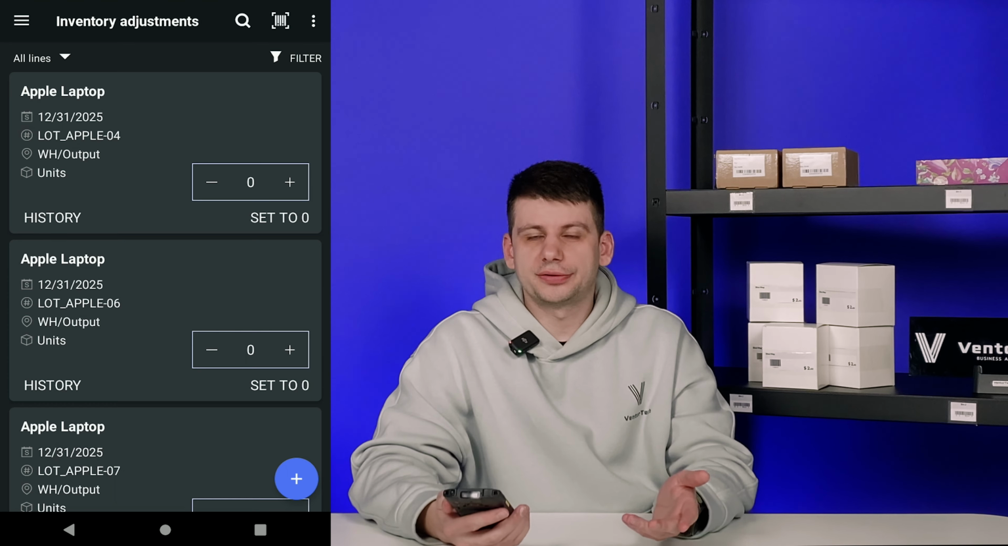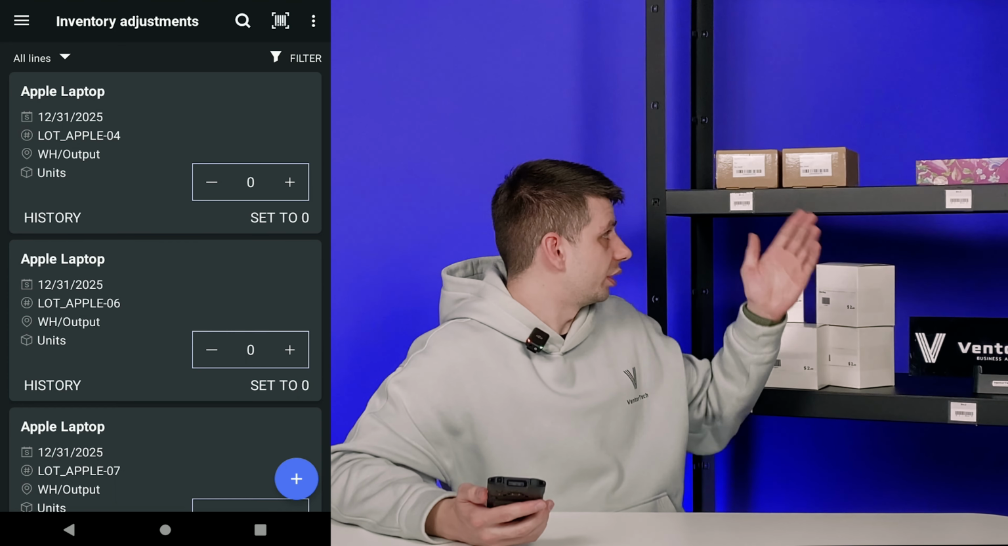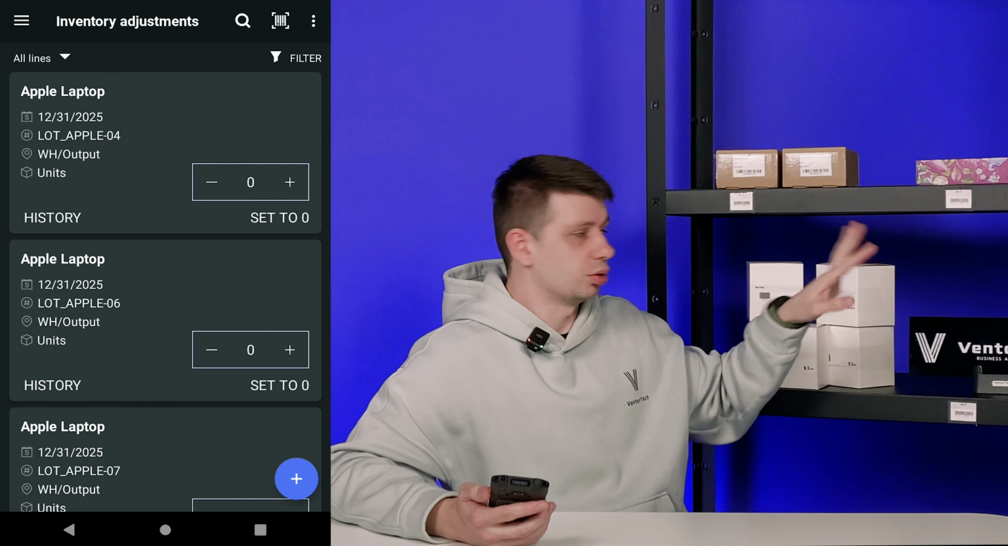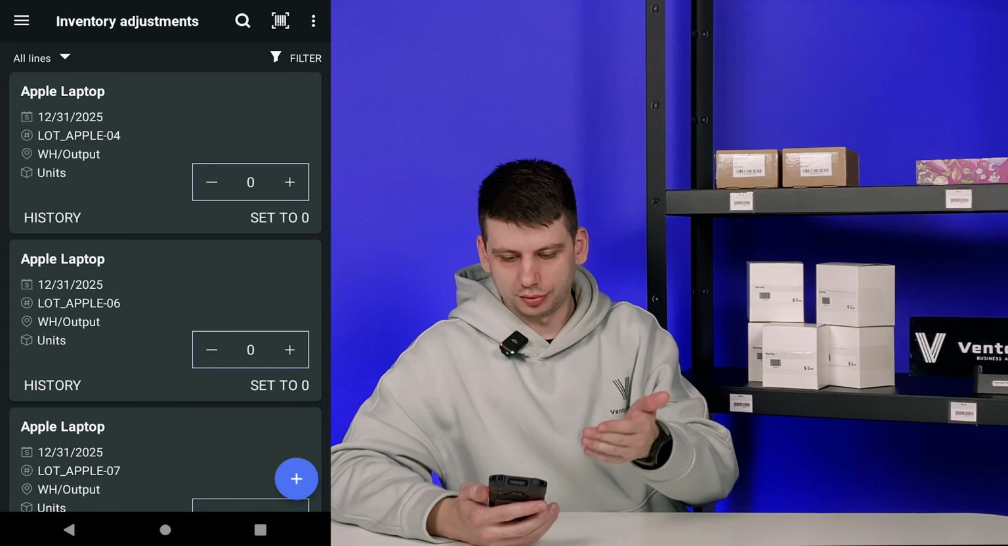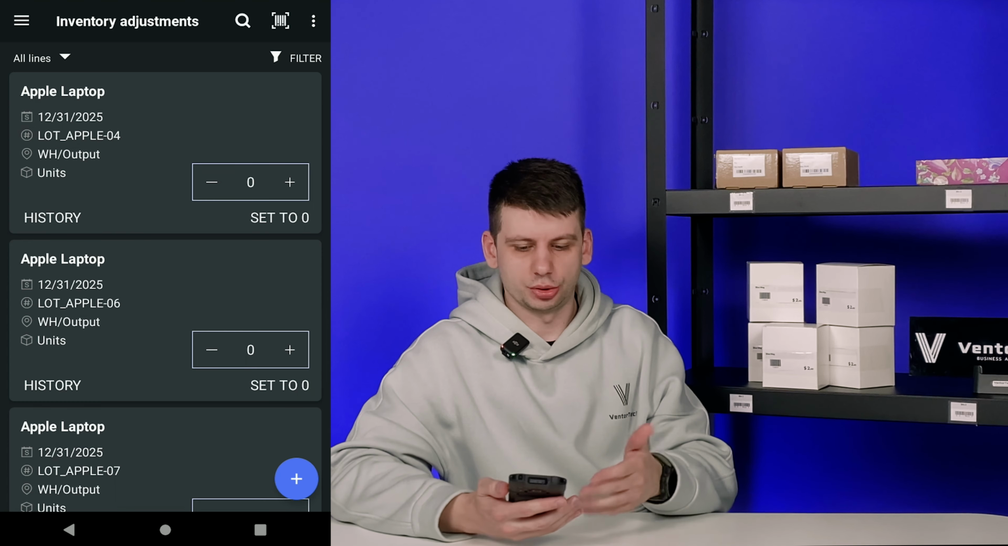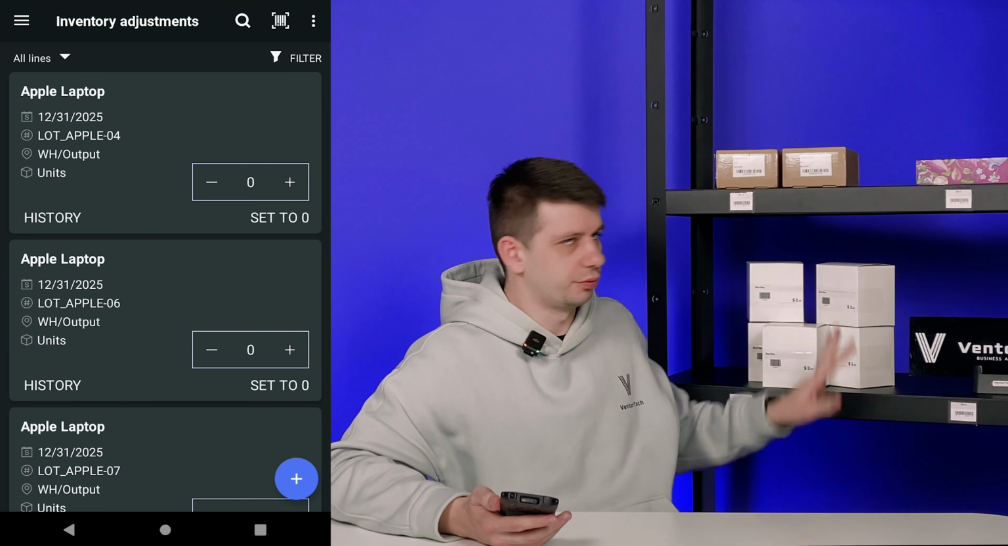But in this case, we can scan the location to filter the whole inventory list to just this location, and start to scan all items that we can find in this location. So let's do it. We're going to start from shelves. We're going to scan items or locations or both at the same time to filter all the items we have in the list,